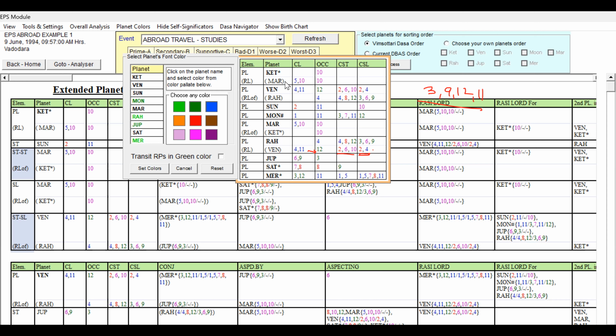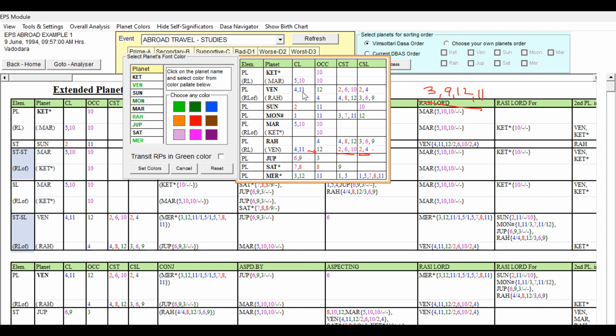And let us talk about Venus now. Fourth lord, 11th lord occupying 12th house. This is good. As I said, this is supportive, and this is also supportive for the fourth house matters and also for abroad. The second planet is also supportive. So because of these 4 and 4 supportive houses, we can give Venus a blue color, because fourth lord, 11th lord occupying 12, 2, 6, 10, both second and 4 are present. Yes, we can also give light green instead of blue, right?